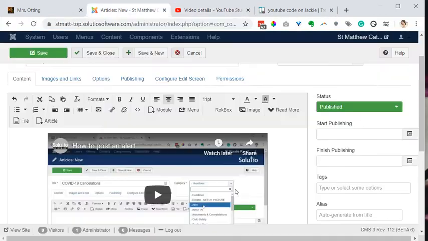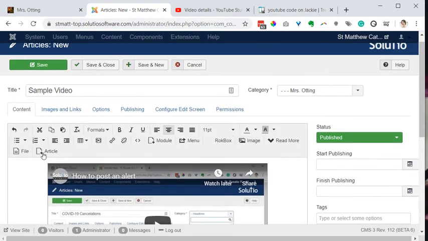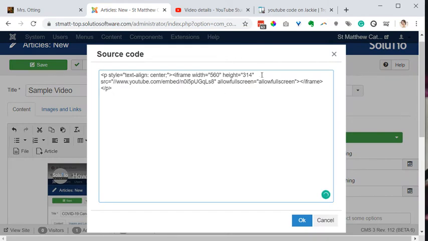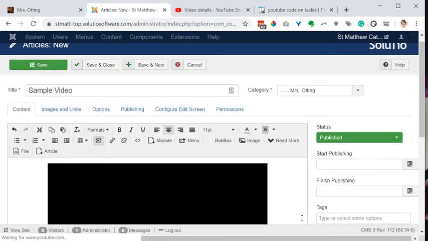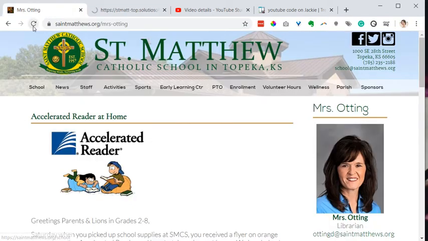And so inside my article, after the embed code's in, go to toggle editor. I guess source code would be the same thing. And in the video URL right there, which is this source, src is source, I'm going to add this snippet of code. Question mark autoplay equals 0 and related equals 0. So I'm going to click OK. And then if I save that and refresh the site,